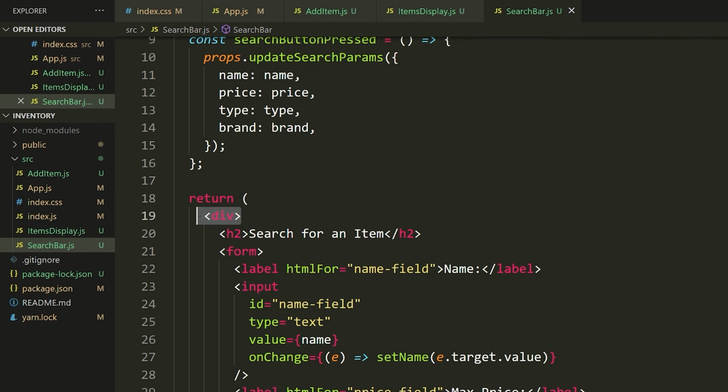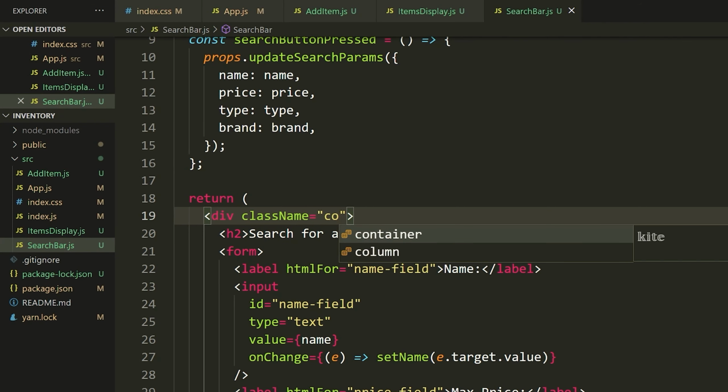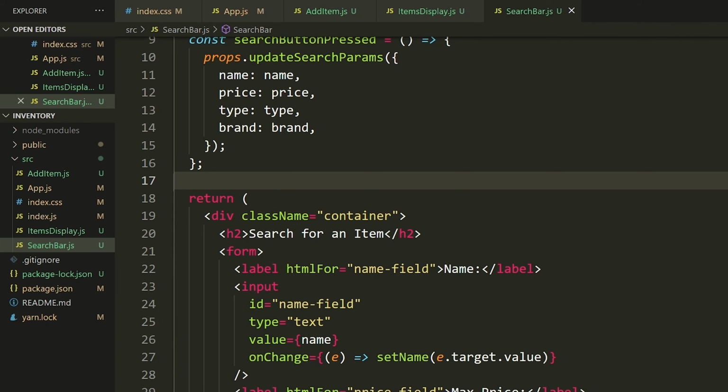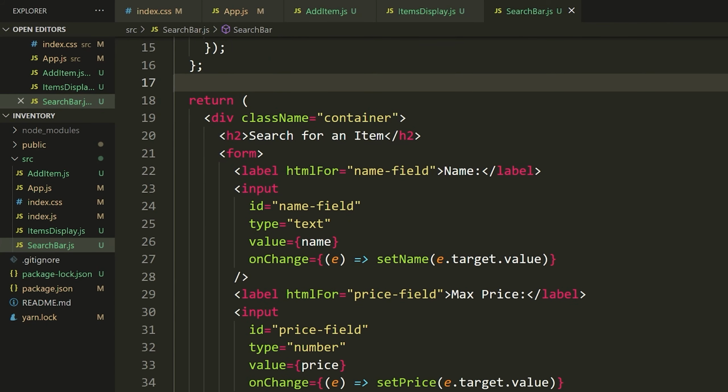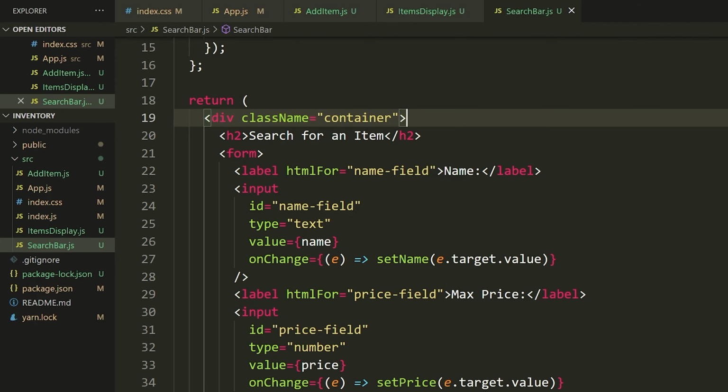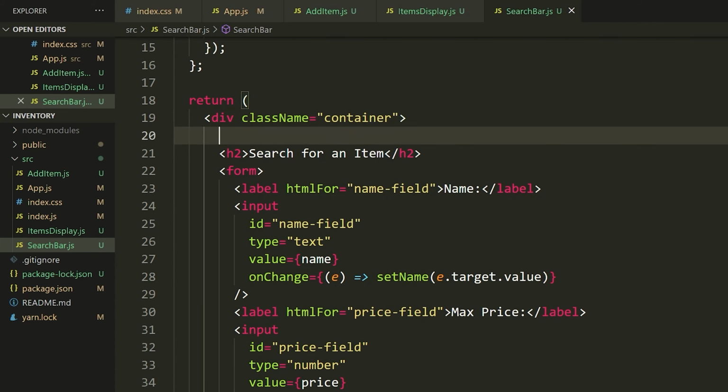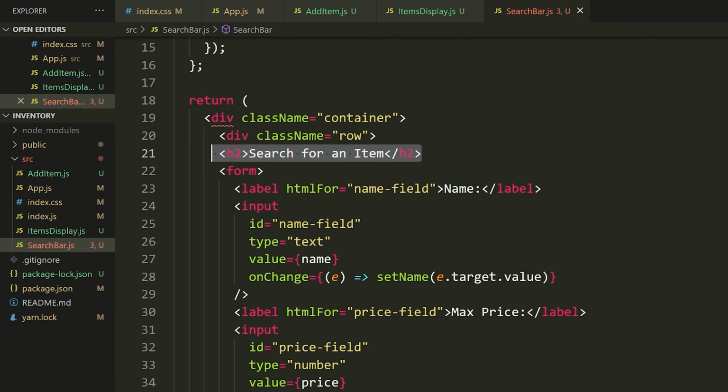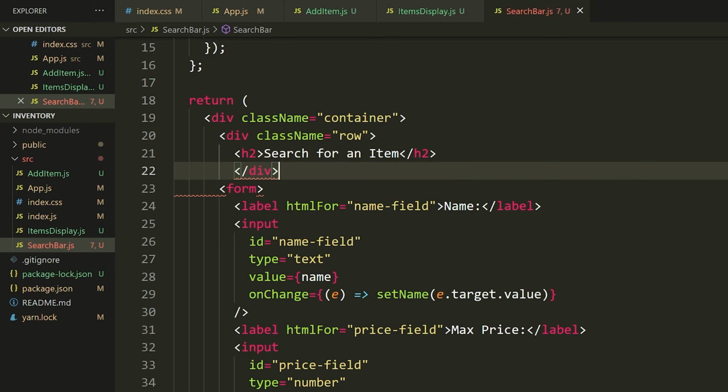So I'm going to change this div right here to have a class name equal to a container. And it's important to recognize here that whenever you're using rows and columns, you need to be inside of some type of container. And so I define my container, and now I'm able to use row and column, or I'm able to use them and actually have them function. So now I'm going to create a div. I'm going to say the class name is equal to a row, and I'm going to put my title in this first row. So I'm going to say /div.